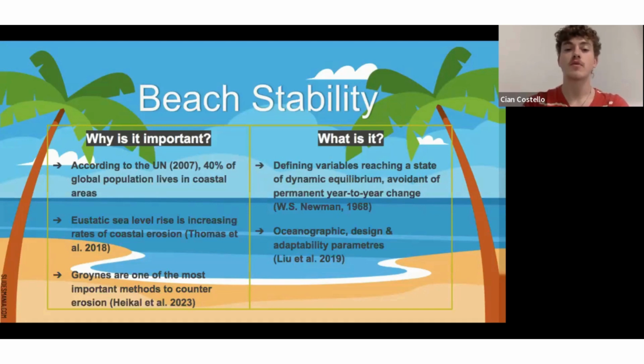To follow that up, groynes are one of the most important methods we have at our disposal for adapting to growing coastal erosion. Now, what is beach stability? In earlier papers, it's defined as the defining variables of a beach reaching a state of dynamic equilibrium and avoiding